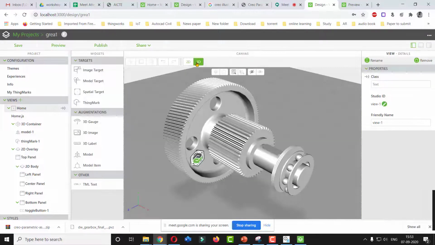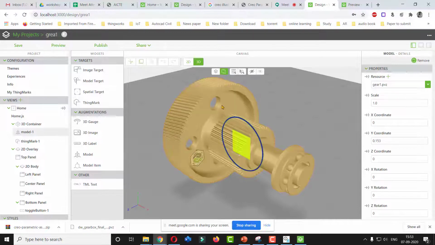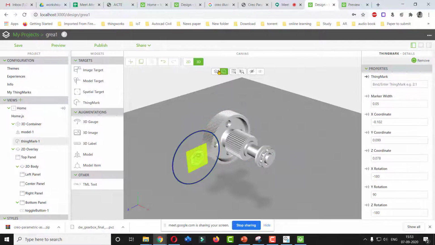Instead of 2D, you have to go to the 3D, and our size of a model is relatively large. So in the scale option, we can reduce the size of particular model to 0.5. Or second thing which we can do, we can transform this barcode. So we can reorient this barcode using any particular axis, that how we have to orient this object with respect to barcode, that we can set over here.